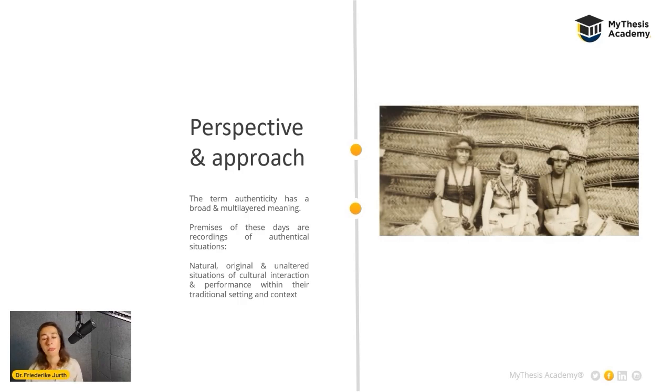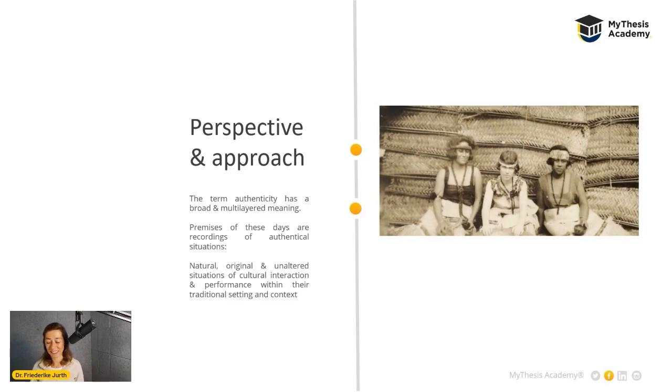That means that we don't act as a stranger, that we need to be sure that the participants are already acclimated to ourselves and that we are practically not there. So we pretend not to be there. We want to capture a situation which would have taken place in exactly the same way without our presence and without ourselves recording this happening. So this is the model and the premise that we have today. But the first researchers